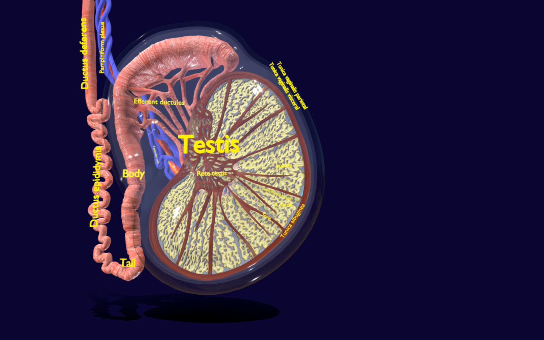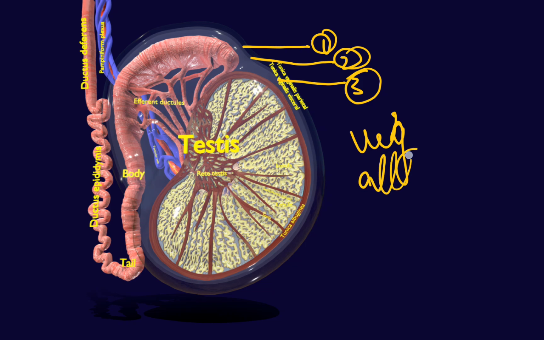I'll tell you some shortcuts to remember that. First is the tunica vaginalis, then tunica albuginea, and the third one is the tunica vasculosa. You can learn it like